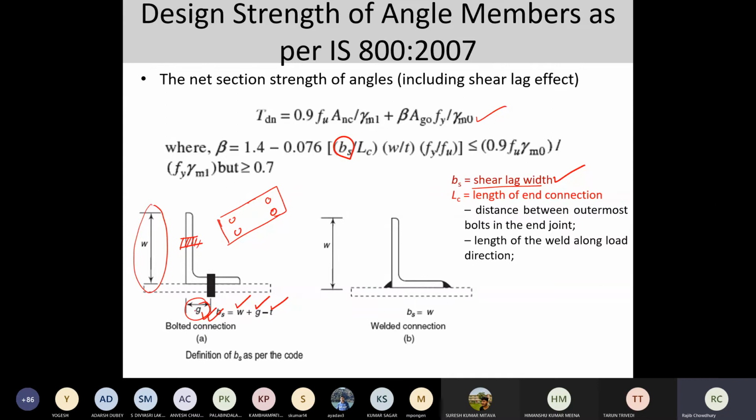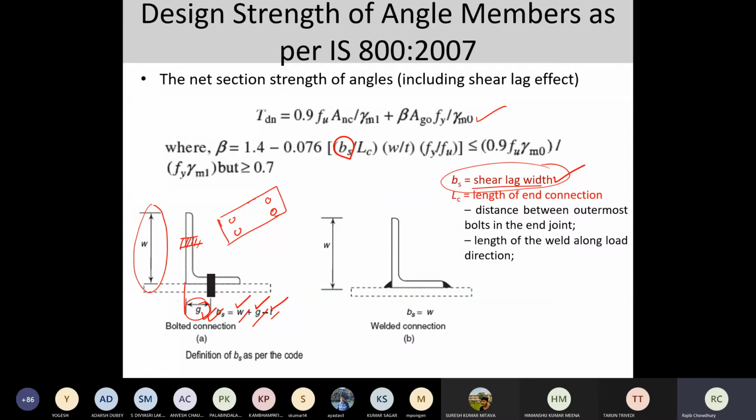So that particular place is termed as the gauge length or the gauge distance from one of the ends, either this end or this end. So this W is the outstanding length, G is your gauge length or gauge distance, and T is obviously your thickness. Okay. So all these shear lag widths are to be evaluated or calculated while making the net section strength